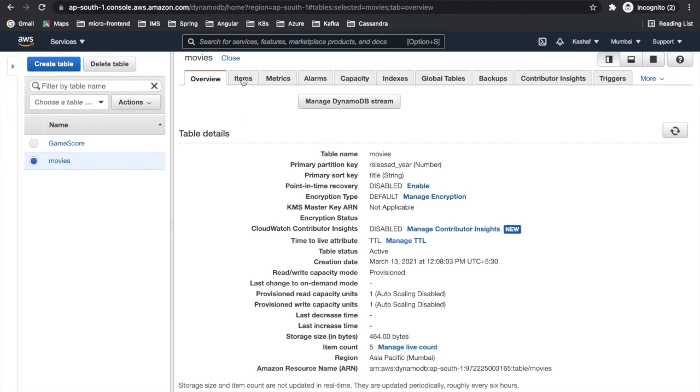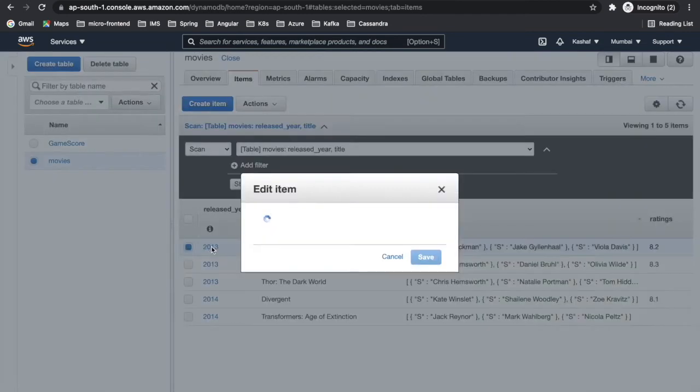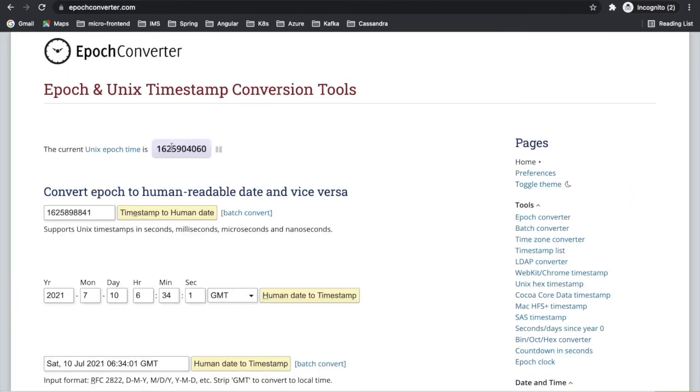Now I am going to the items section, and I will set this TTL on one of my previous records. I will append a new attribute with the type number, my attribute name is TTL, and its value should be the epoch time.